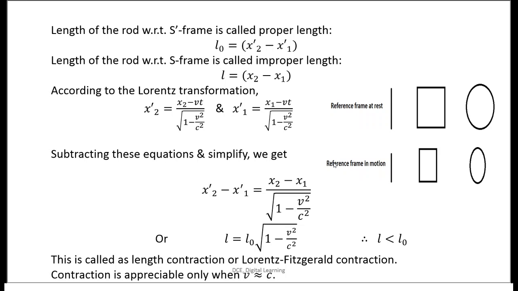For a frame of reference which is in motion, nearly its velocity is equal to the velocity of light. Look at the length here, this much, and look at this length here. It seems to be contracted. Here the size of the square is decreased, and the circle seems to be ellipsoid. So this is an example of how length contraction takes place in